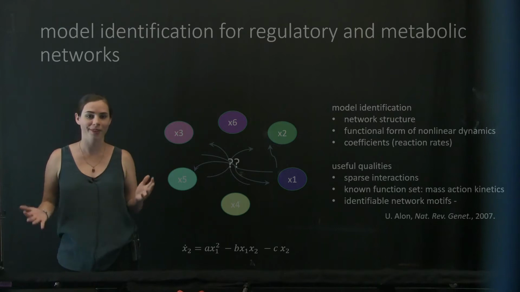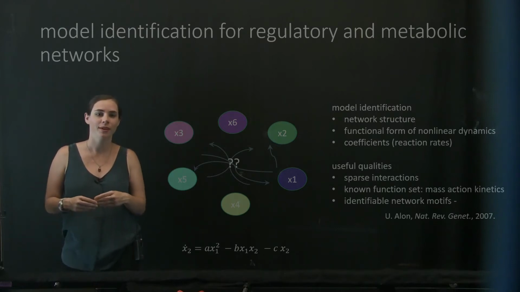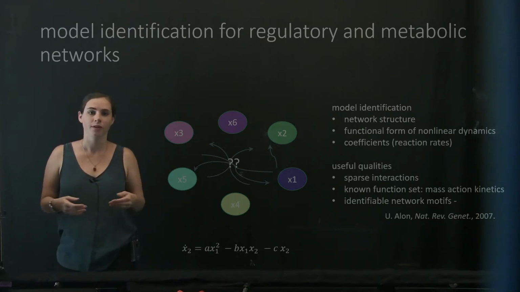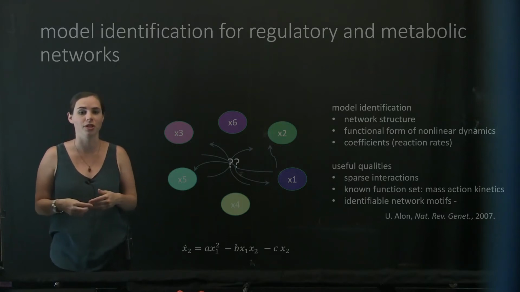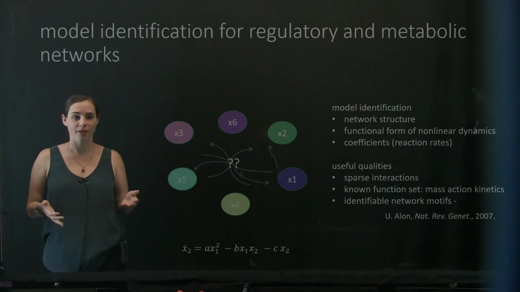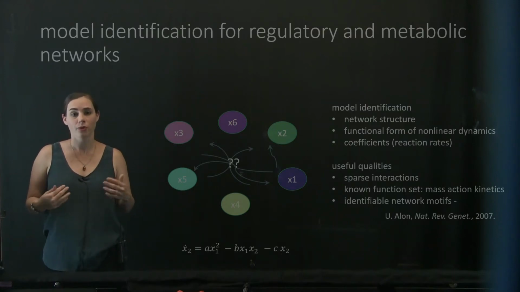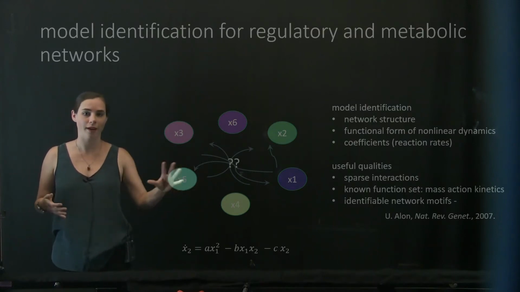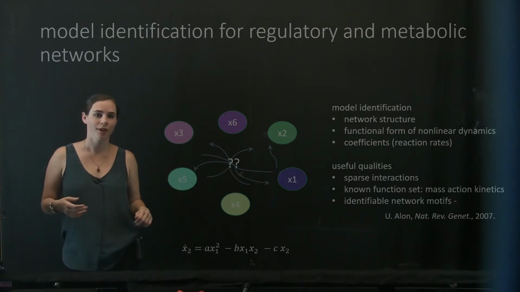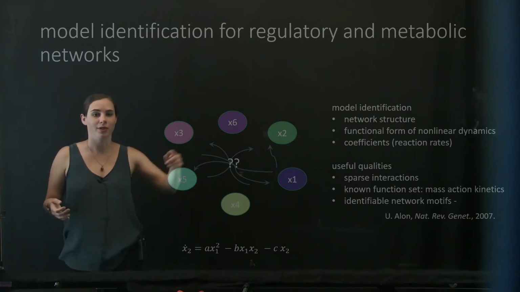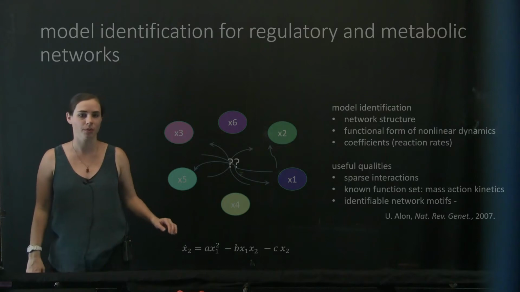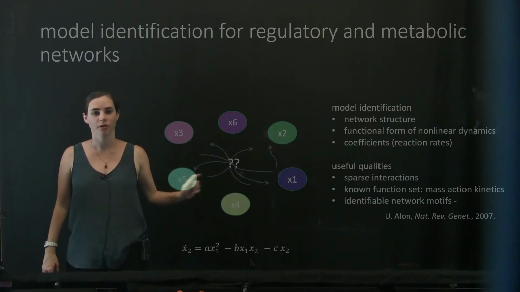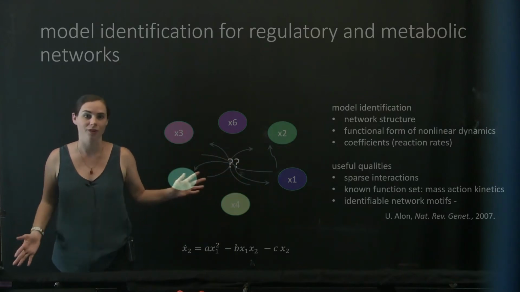We have hope that these types of networks could be inferred from data using a sparse regression methodology, because generally speaking, these types of networks are known to actually be sparse. Not every component, or every compound, or every gene in the network is interacting with every other component. Generally, if you can write down the dynamics of each component, it's a function of only some smaller subset of all of the different